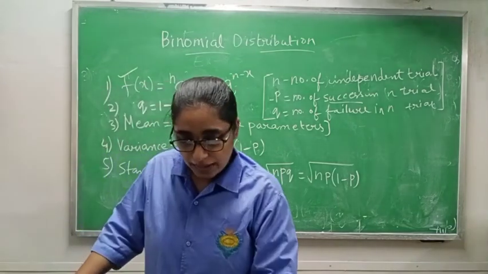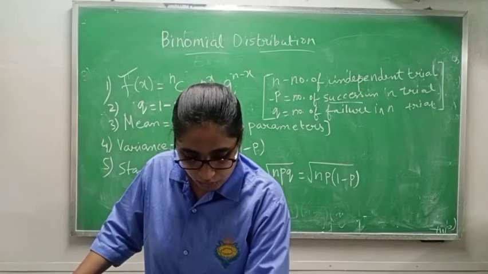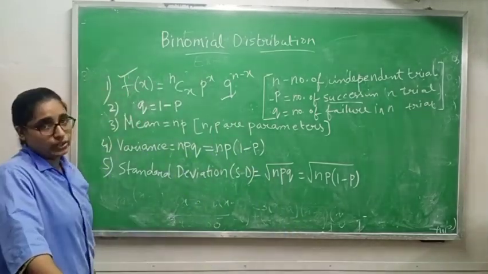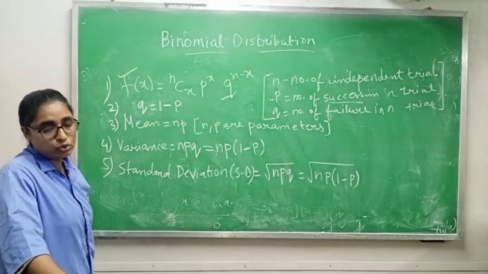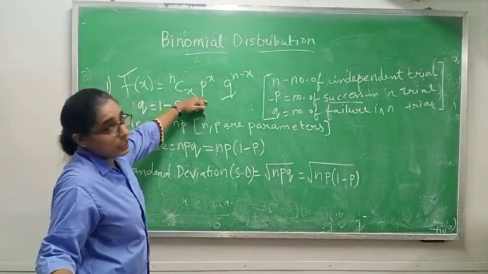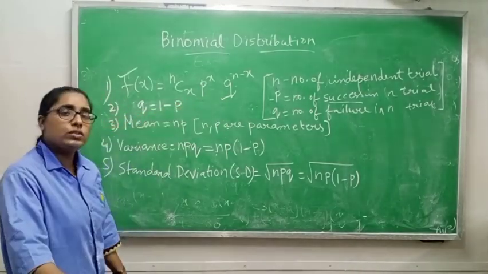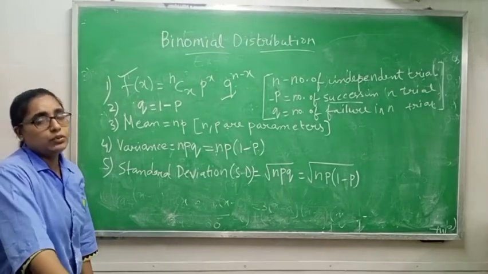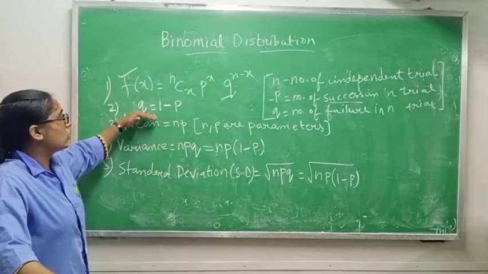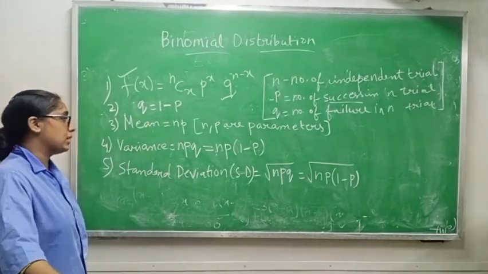You can open your binomial distribution. On the first page it is written Bernoulli trials. This is also known as Bernoulli trials. You can write it. Go to chapter 3 binomial distribution. Now, if you know p, how will you find q? q = 1 - p. Always q = 1 - p. If you know how many successes there are, then you can find failure by using this formula, q = 1 - p.